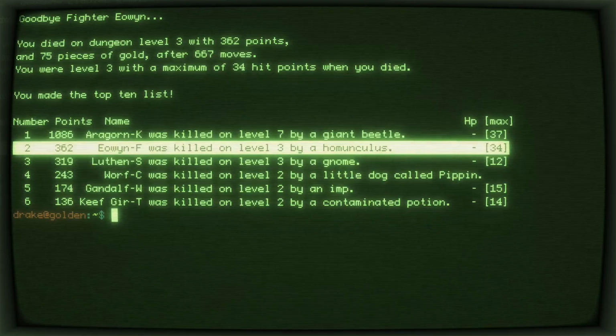So there we have our 6 characters from this set of brief playthroughs. I hope you can see why I have never made it very far in this game. It really is a challenge, but it's a fun challenge. So I encourage you, if you've never played this, to check it out, and any other roguelike that piques your interest. They're all fun in different ways, and they always provide interesting surprises.